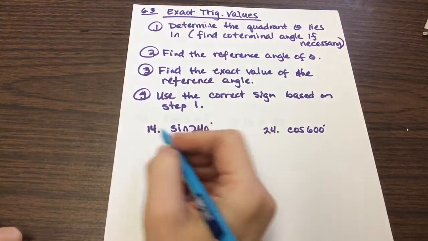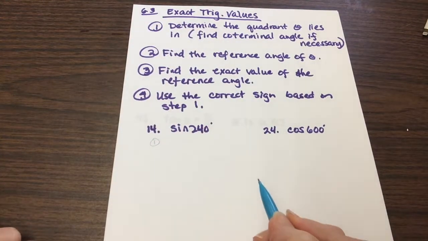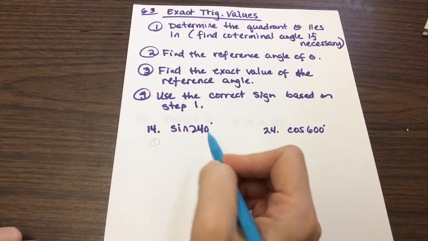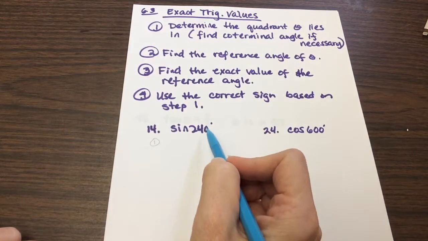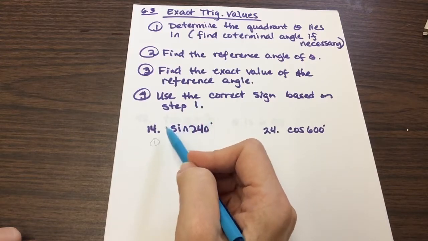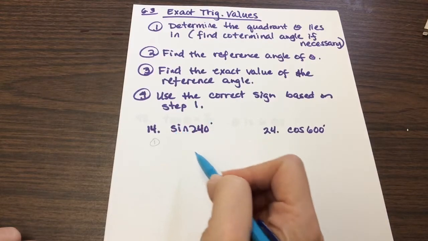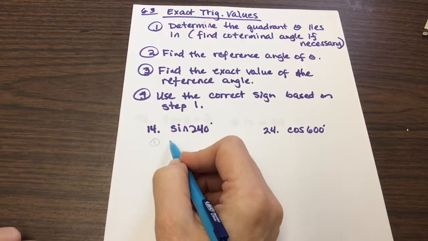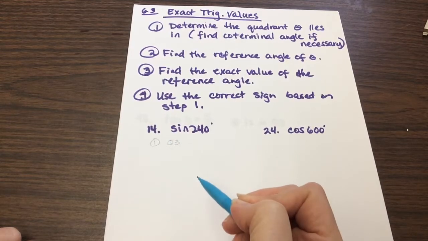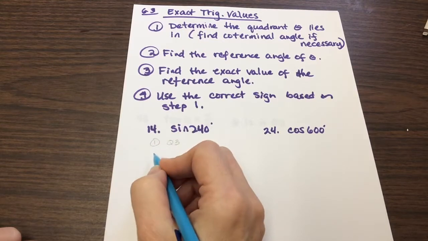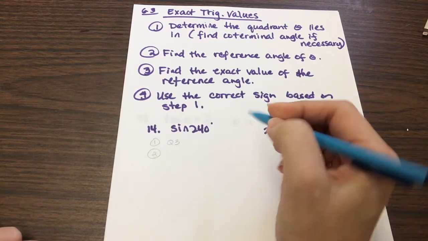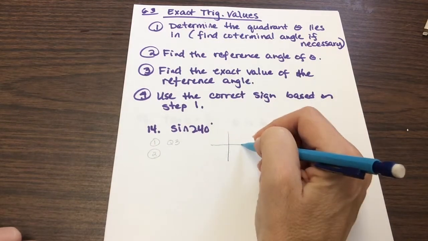So first step, what quadrant does theta lie in? Well, if I'm looking at that, I know that the second quadrant, we go from 90 to 180. The third quadrant is from 180 to 270. So ding, ding, ding, ding, ding. I'm in the third quadrant. Okay. Then I want to find the reference angle, and maybe I will just kind of draw this out so